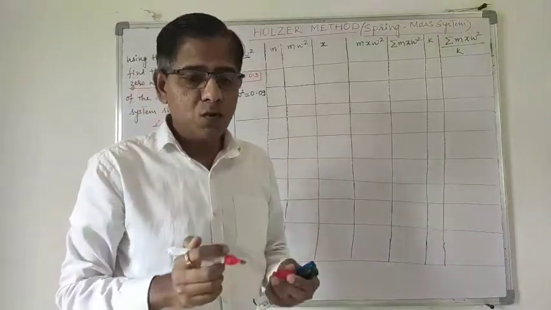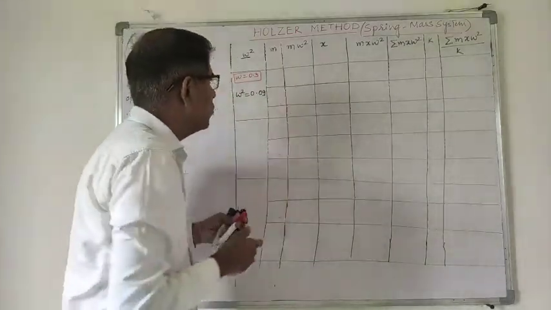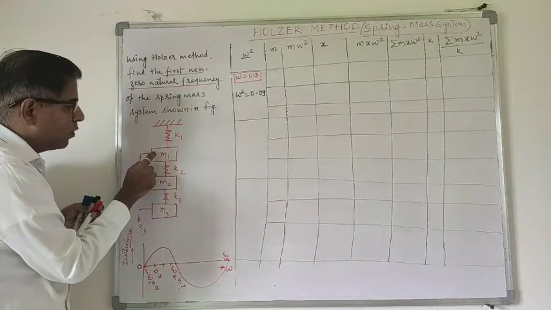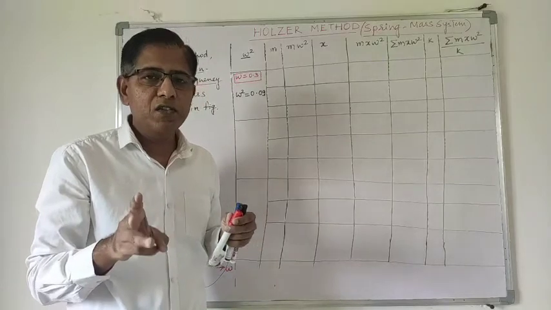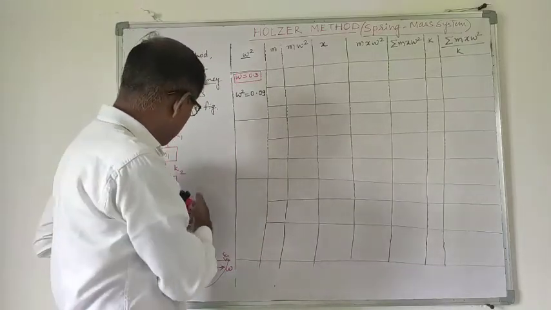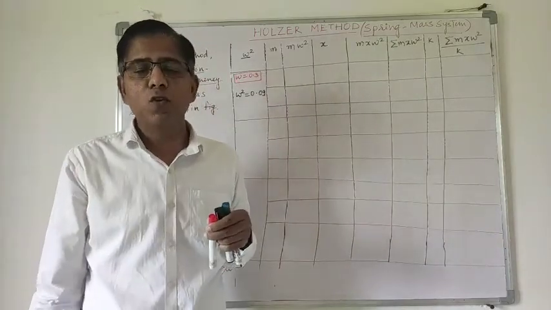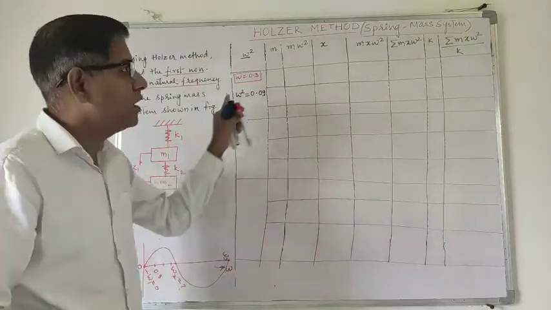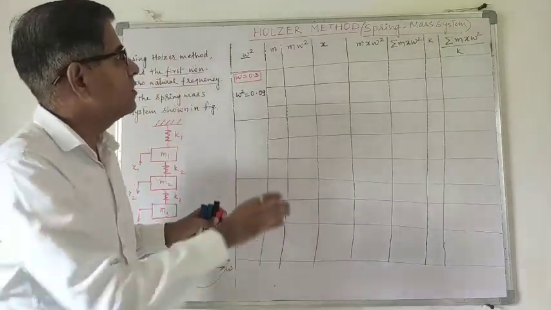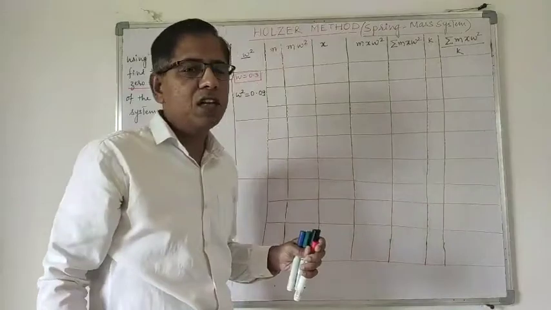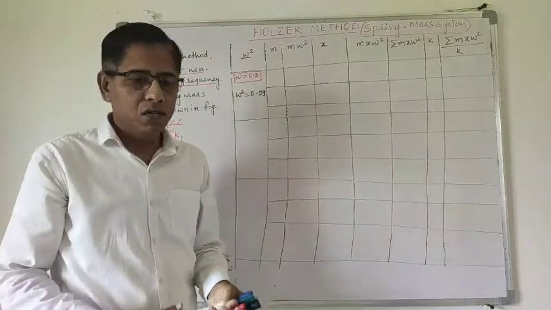So why have I made 3 rows here? The logic and the reason behind the 3 rows, because there are 3 masses. So m1, m2, m3. So there are 3 masses. That means there are 3 inertia forces. So had it been there were 4 masses, I would have drawn the 4 rows in every iteration. So depending upon the number of masses in the system, you need to draw the number of rows. Okay. So this thing is clear. So horizontal values are very much clear to you. Now we keep on assuming the value of omega, and we will fill this table.